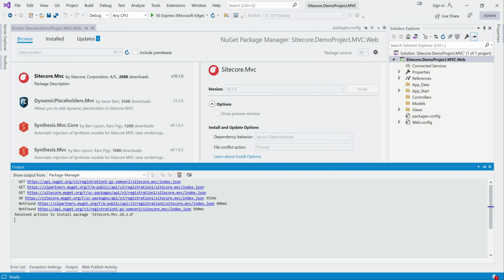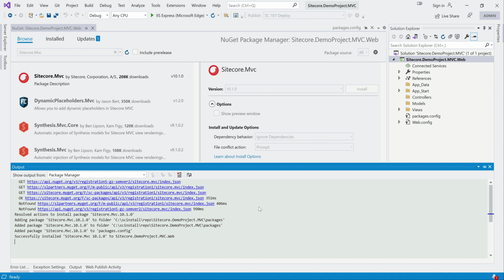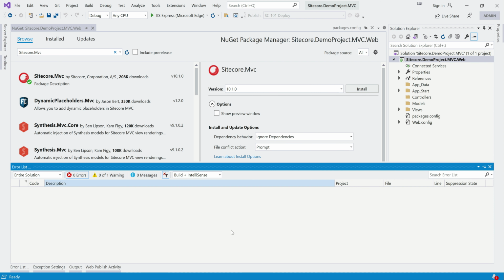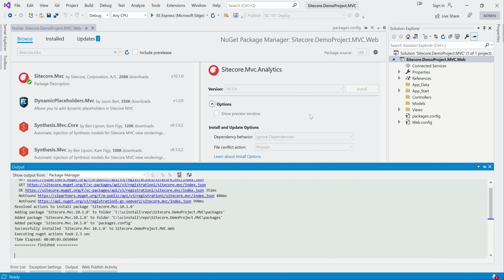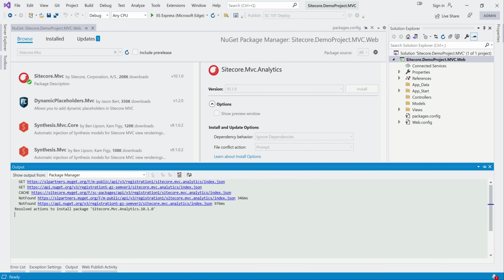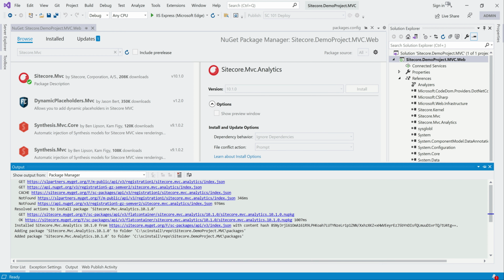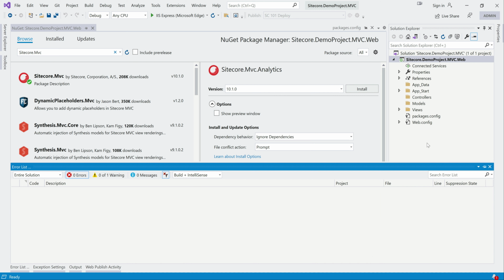I accept. And again the same is the case with MVC Analytics. So same 10.1, install. So in total we added 3 packages.